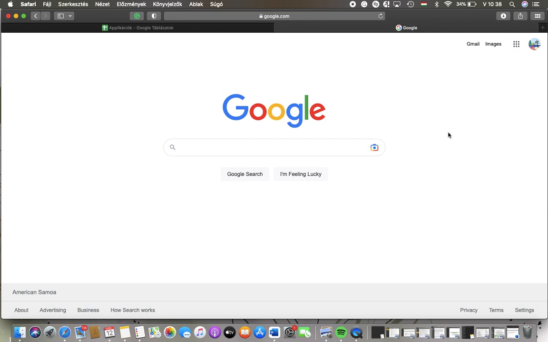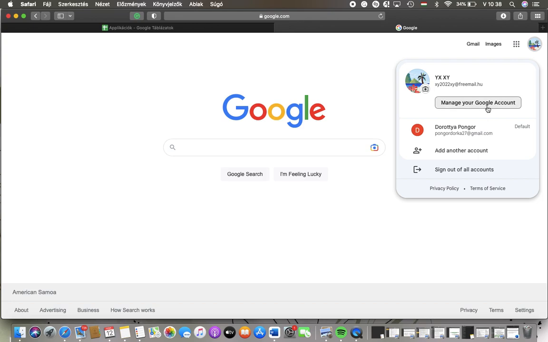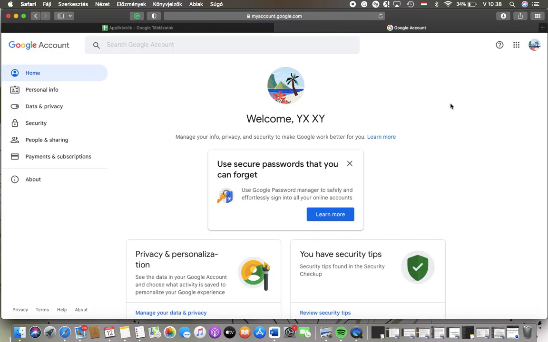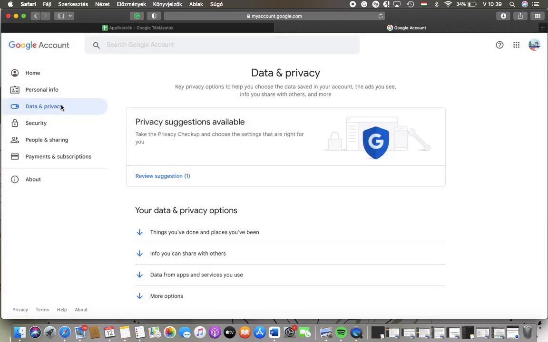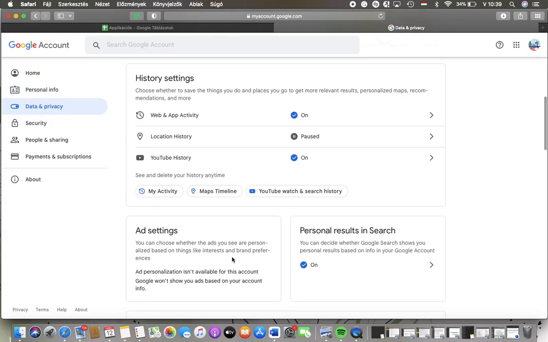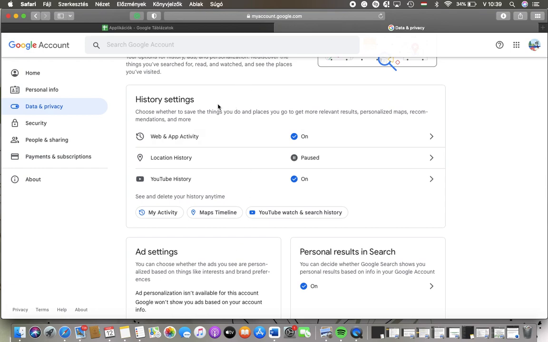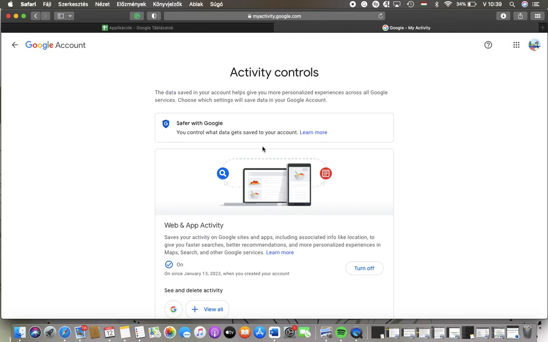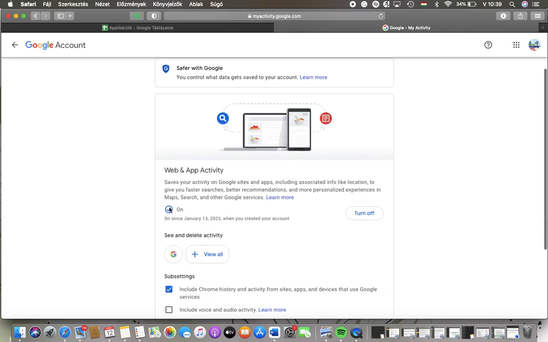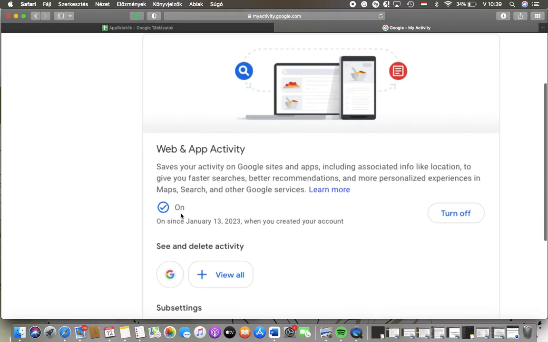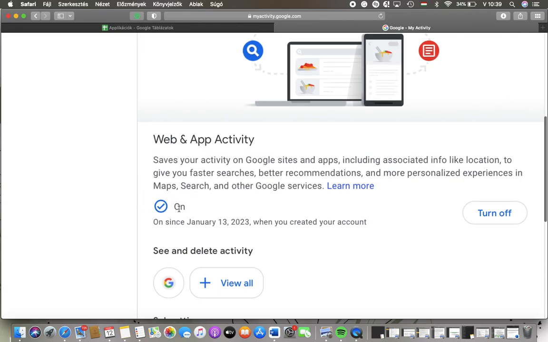First of all, open the website and tap on this profile icon in the upper right corner and tap on Manage Your Google Account. Go to this left side column of the screen and tap on Data and Privacy. After that, you should scroll down to the History Settings section and tap on Web and App Activity, which is the first button. As you can see, it is enabled, shown with this On and check